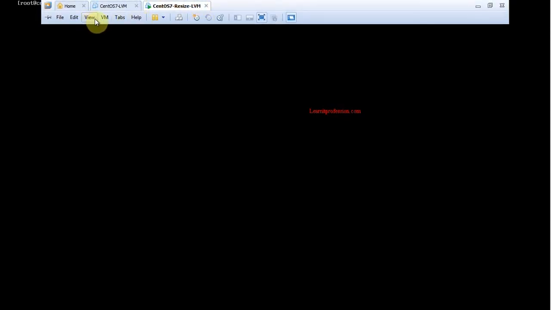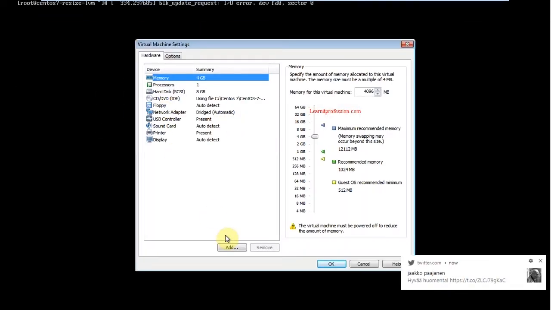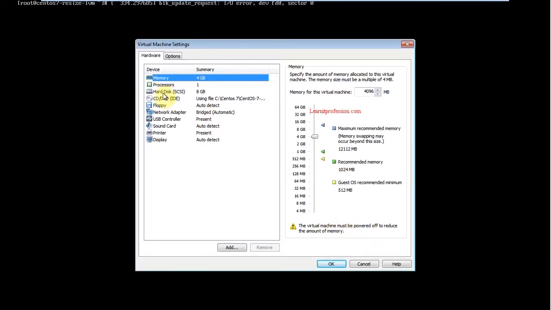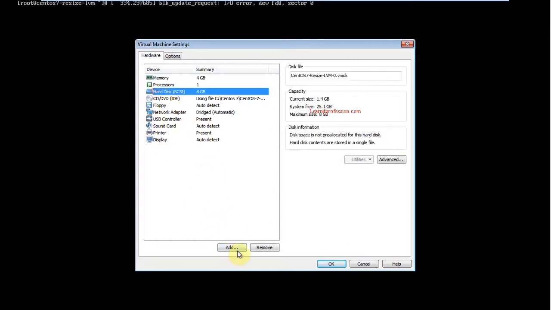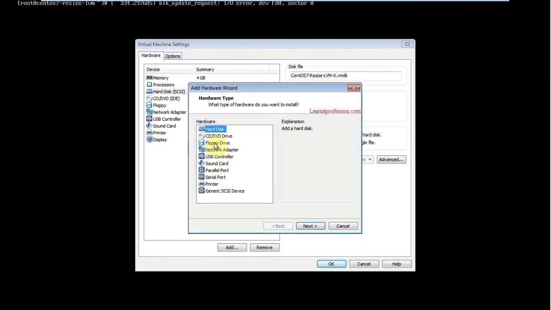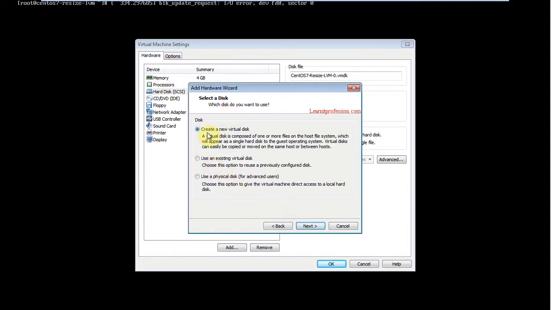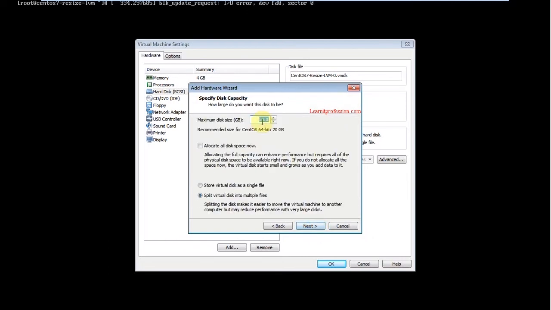For that, go to the VM settings and add the hard drive. Here I am taking a hard drive size of only 2 GB.